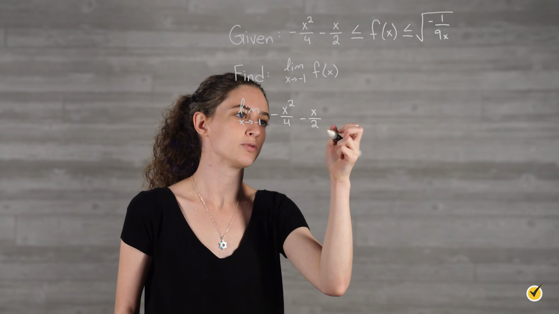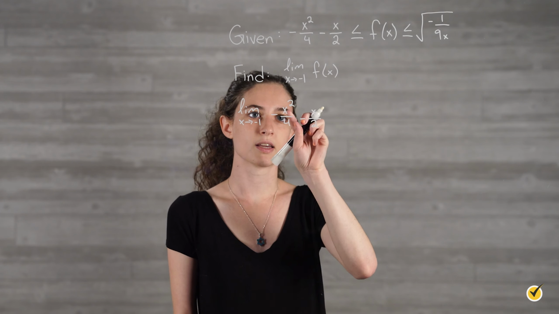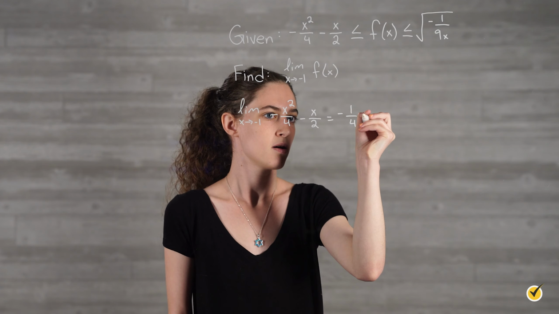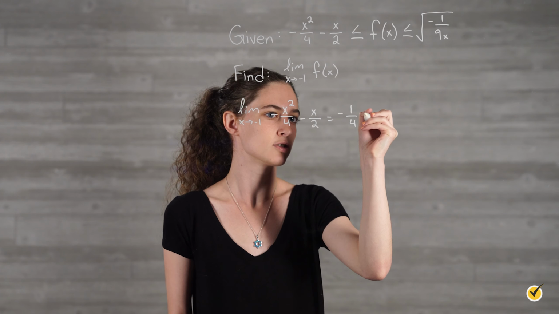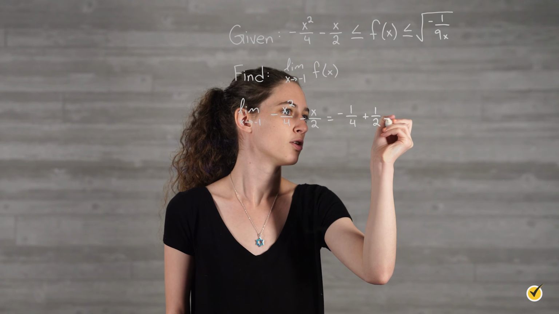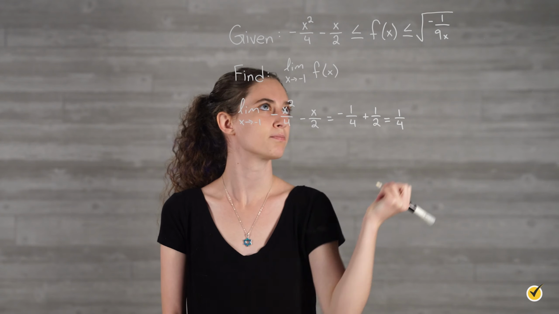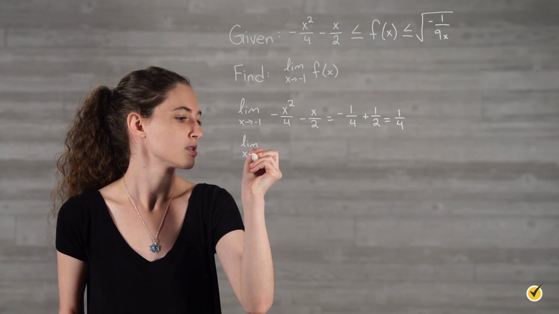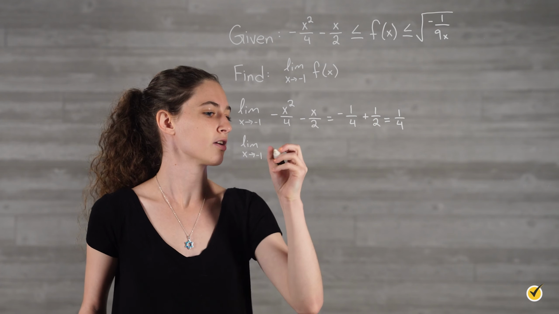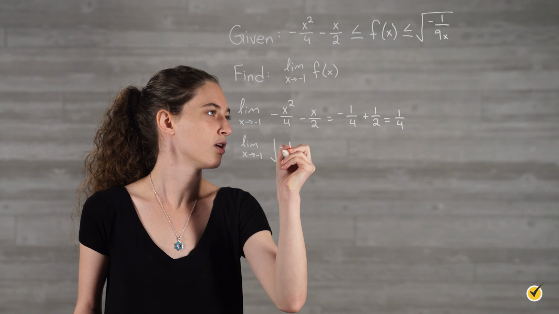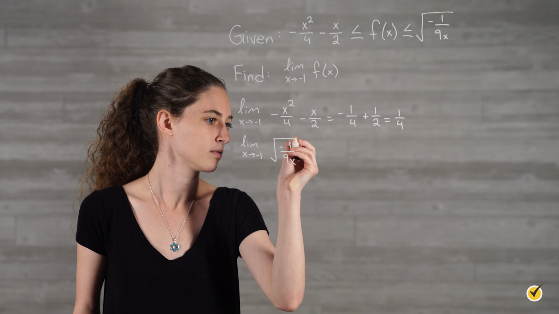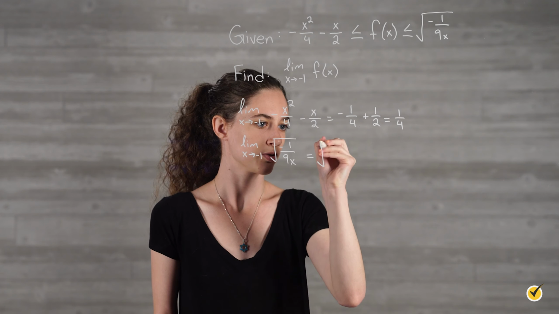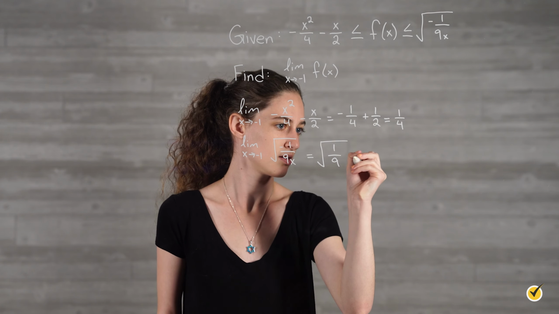Plug in negative 1 anywhere we see an x. So then that gives us negative 1 over 4 minus negative 1/2 turns into plus 1/2, which equals positive 1/4. Then we're going to find the limit as x approaches negative 1 of this function over here, of the square root of negative 1 over 9x. Again, plug in a negative 1 for x, and we'll get the square root of 1 over 9, which is